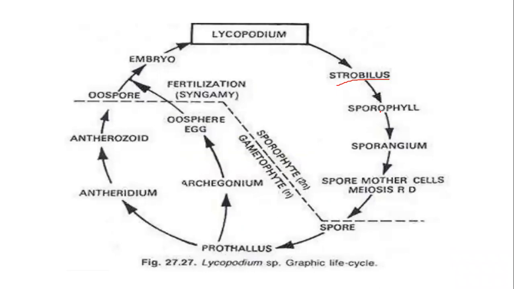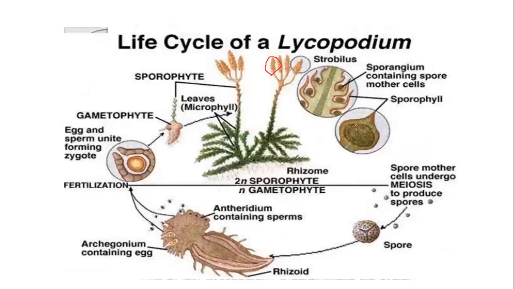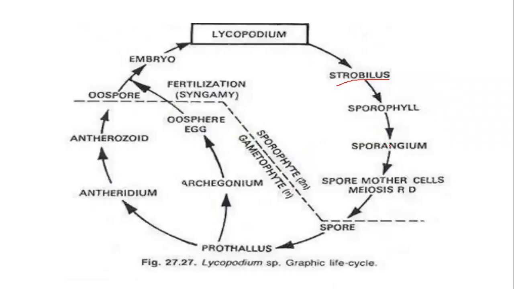So what do you mean by a sporophyll? The sporophyll is the leaf which is going to consist of the sporangia. This is called a sporophyll. Okay. Now, what does this sporangia possess? From the sporangia, we can see the development or the formation of the sporogenous tissue, which we call the spore mother cells. From the sporangium, we can see the presence of the spore mother cells.